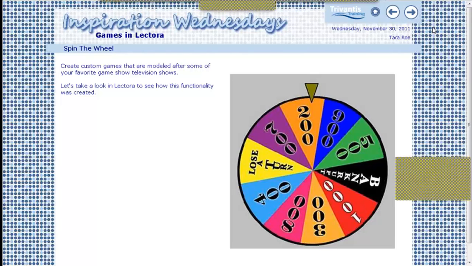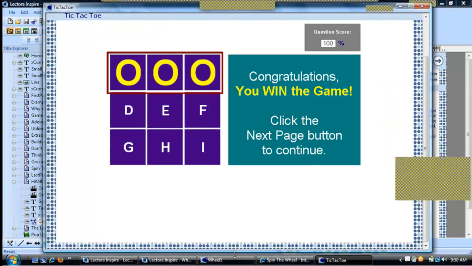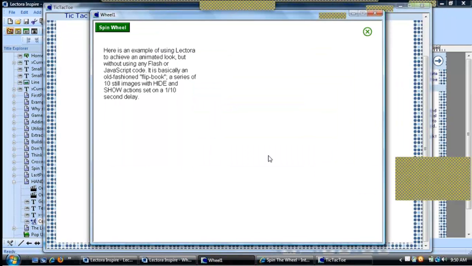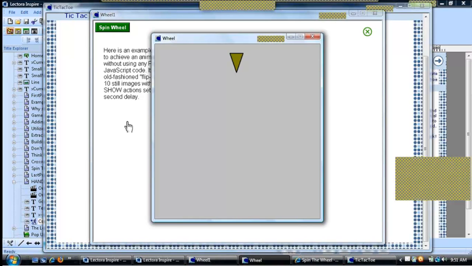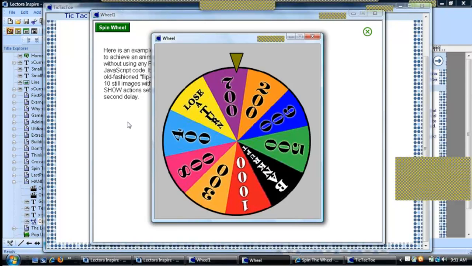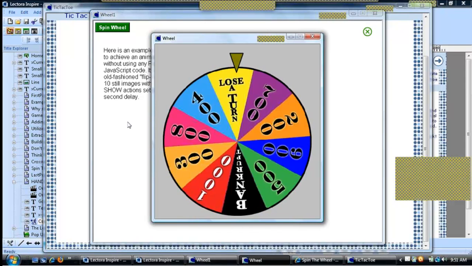So let's take a look at an example of this spin the wheel idea that we have here. And this is an example of Lectora and how you can achieve an animated look, but you're not using Flash, you're not using JavaScript. So what I want to show you here is how we can create this functionality where we're simply using hide and show actions to create this look of a spinning wheel. So let me go ahead and show you what I mean. When I select spin wheel, you're going to